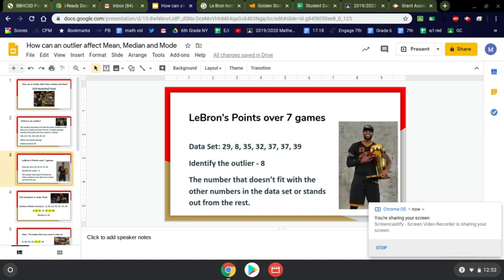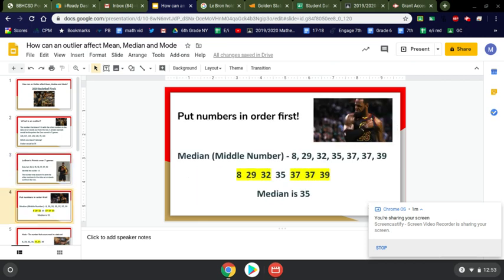Let's look at the outlier for LeBron's points over 7 games. He scored 29, 8, 35, 32, 37, 37, and 39 points. The number that doesn't fit in that data set is the outlier, and that is the number 8. He may have got injured for a game, so that would be your outlier in this circumstance. So now let's take a look at a data set of LeBron's points and figure out how that outlier affects